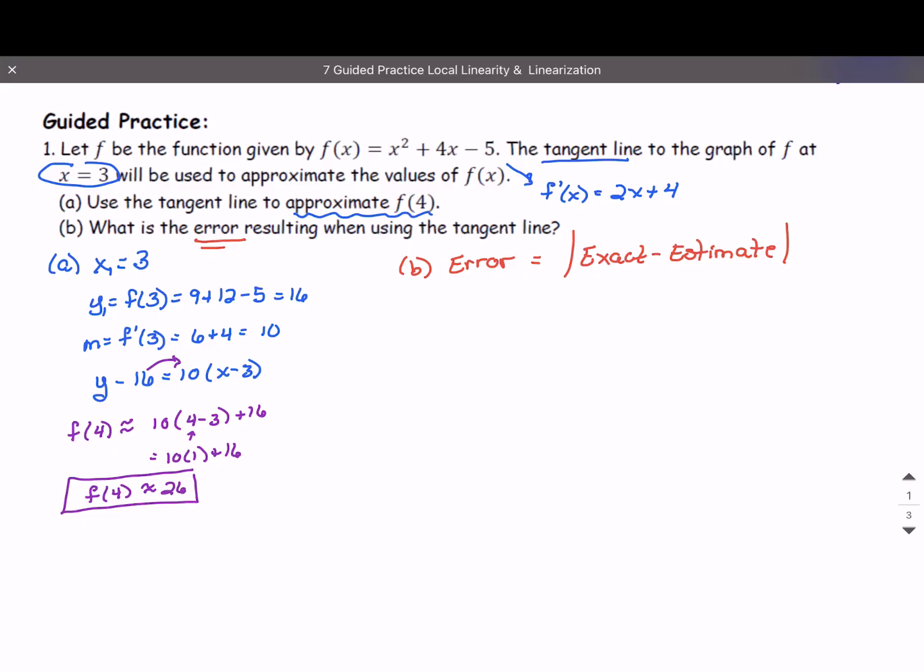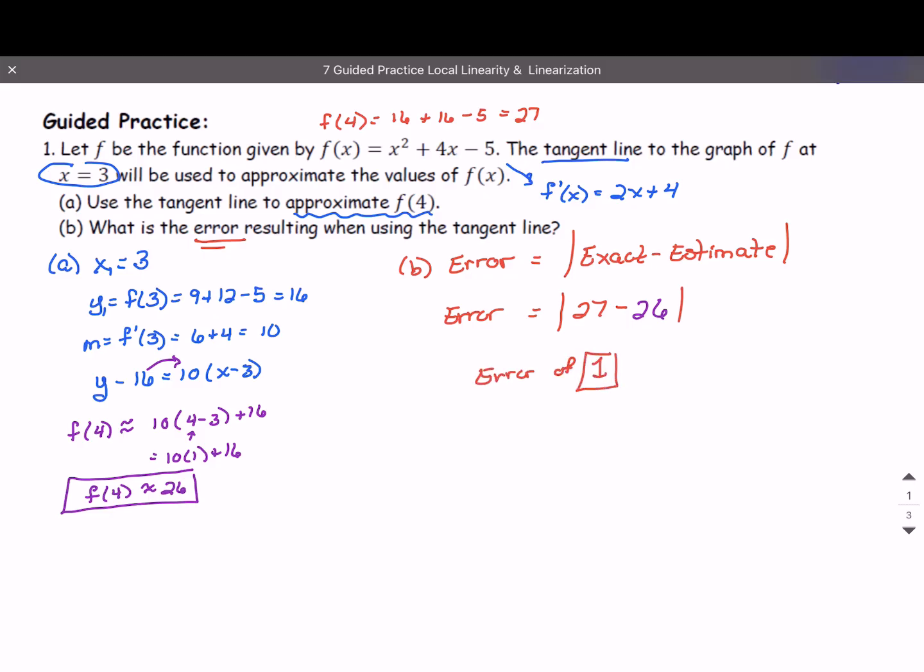Now, let's actually come up here and find f of 4. Well, 4 squared is 16, plus 4 times 4 is 16, minus 5, so that's going to give us 32 minus 5. That's actually 27. So when we come down here to find our error, the exact value is 27 minus our approximate value that we found before, 26. So that gives us an error